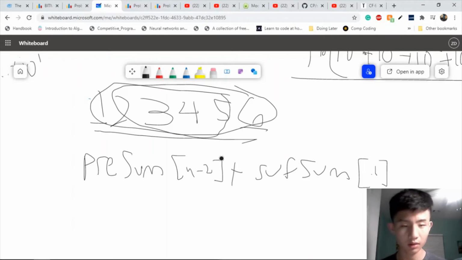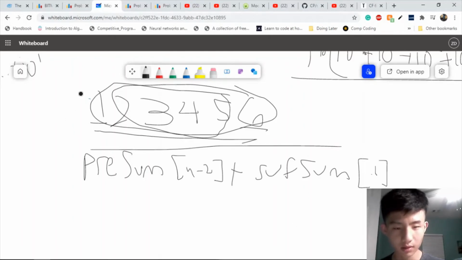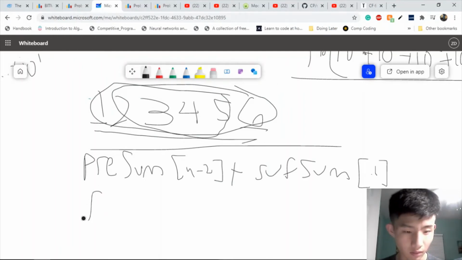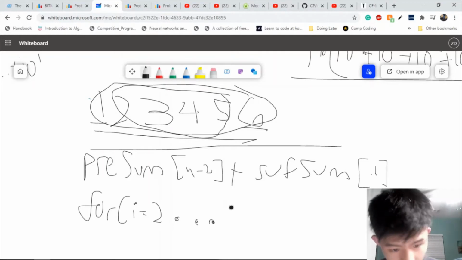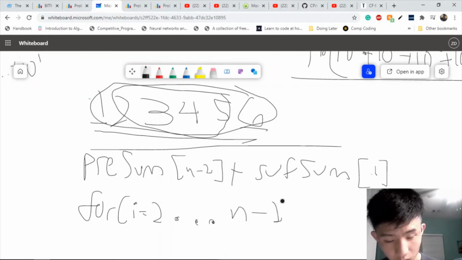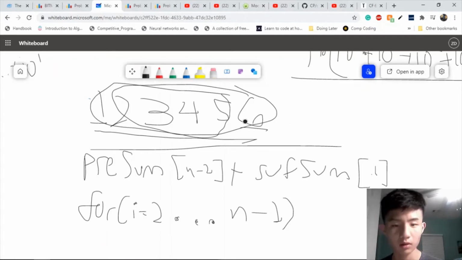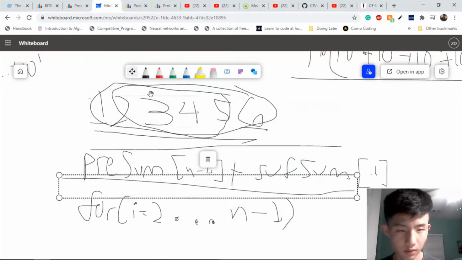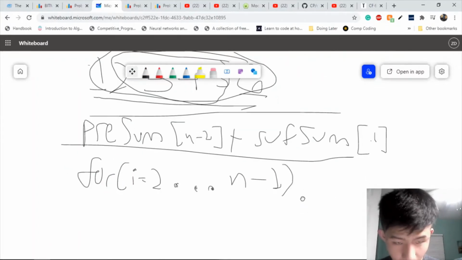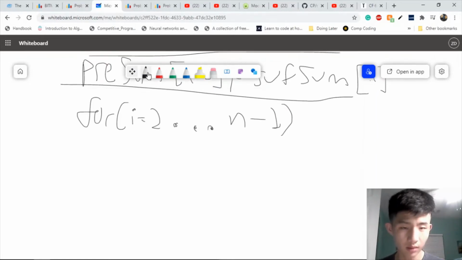And yeah, so that's the first two numbers, and then the middle numbers will be calculated through a for loop from i equals 2 all the way to n minus 2, because if you calculate the n's ones, we already calculated it. Oh, I can't scroll down. No. Oh, okay. Cool. We calculate through a for loop, and the basic equation is you add